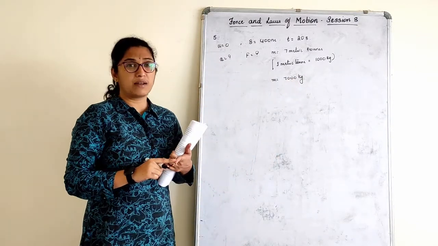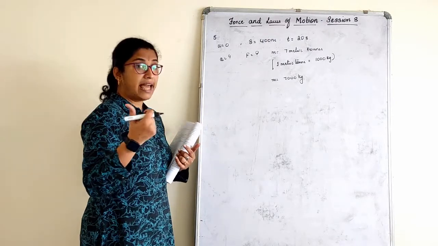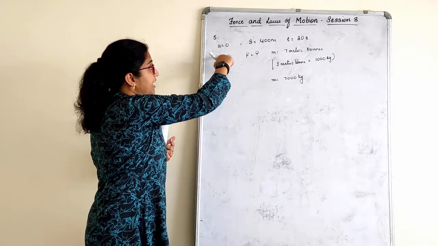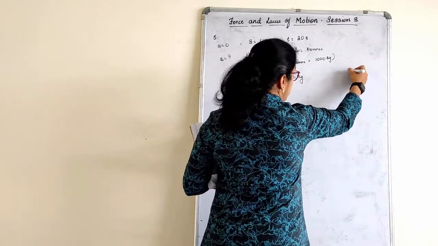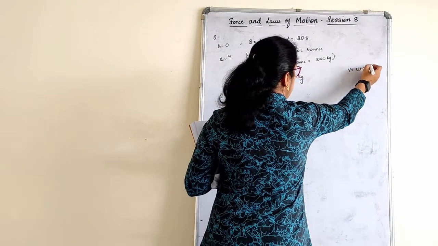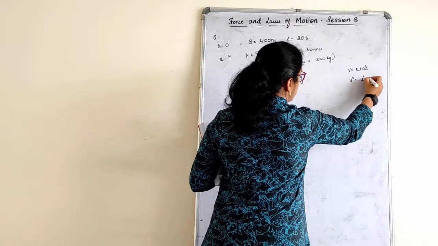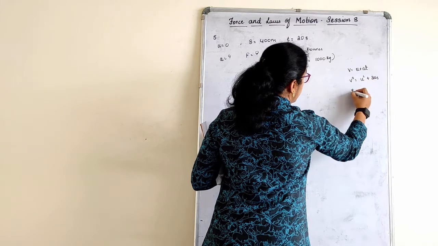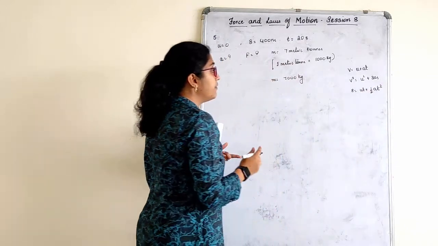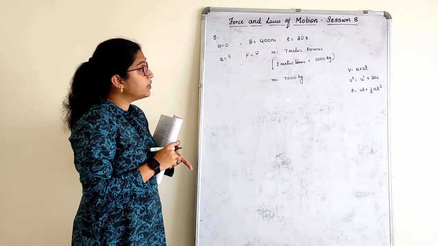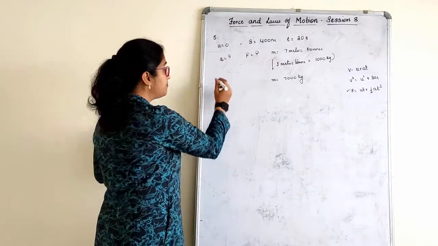So when you look at this sum, what comes to your mind? Force is nothing but the product of mass into acceleration. Mass is there, acceleration is not there. We have to find it, and we can find it using u, s and t. So write the formulas again. v is equal to u plus at, that is a is equal to v minus u by t. v square is equal to u square plus 2as. Then we have s is equal to ut plus half at square. We have s, we have u, we have t, we have to find a. That means this formula is suitable.